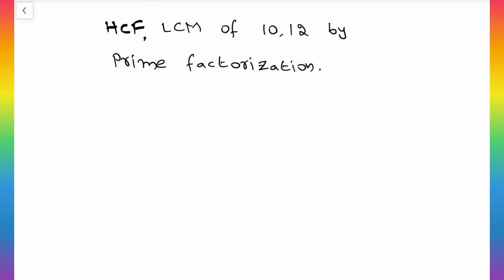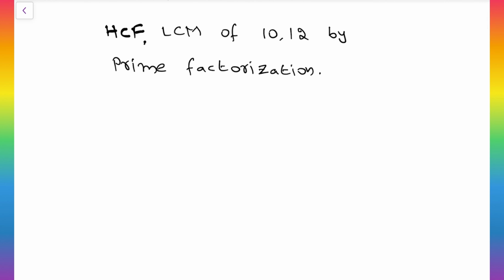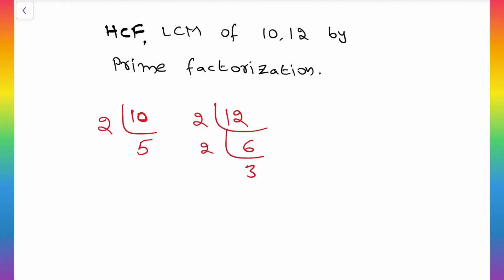Coming to the next topic. Find the HCF as well as LCM of 10, 12 by prime factorization. So for the number 10, let us do prime factorization first of all. That is 2 5s are 10. Next coming to the number 12. 2 6s are 12, 2 3s are 6. So if we write the prime factorization clearly,